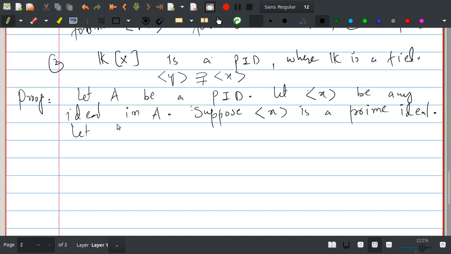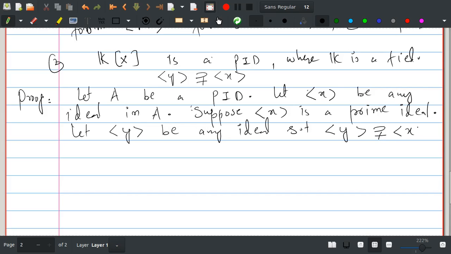So let Y be any ideal such that this Y properly contains X. So to prove this is a maximal ideal, I mean the ideal generated by X is maximal, we have to prove this ideal is the unital ideal. So this implies